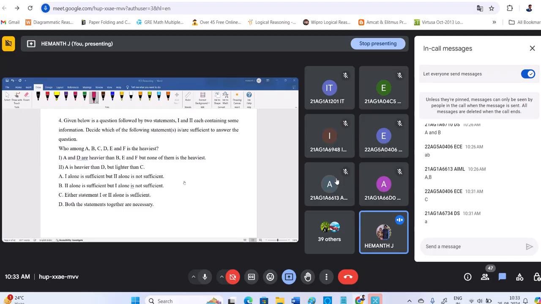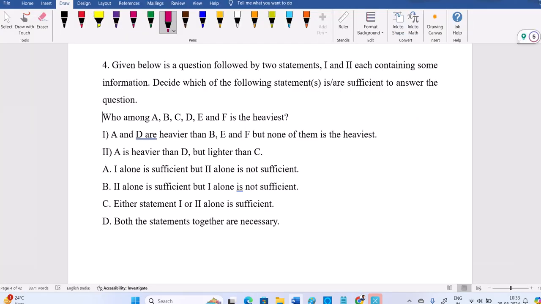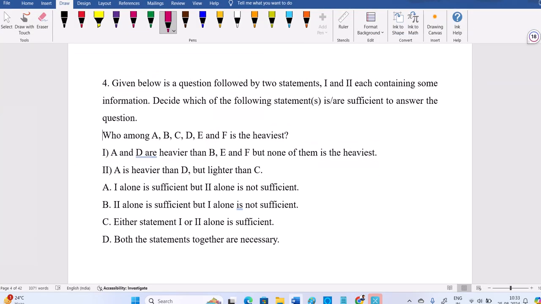So what is the answer for this question? For the previous one, C and A was given. But for the previous one, A either one or two. For this fourth question, let us see how many of you can answer. So heaviest among them. So one alone, if you try,